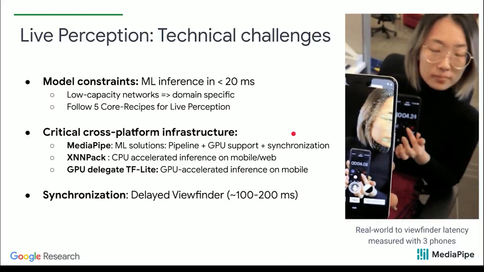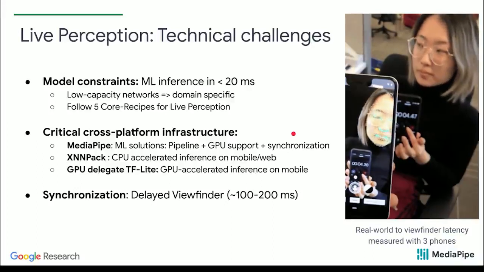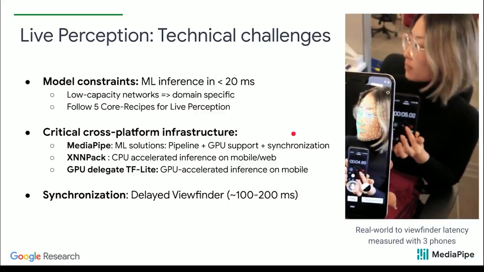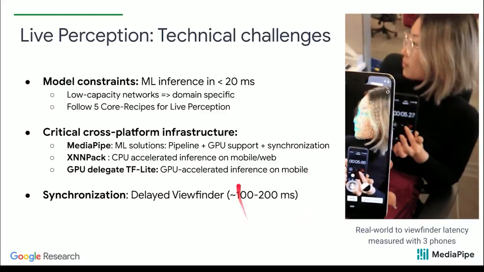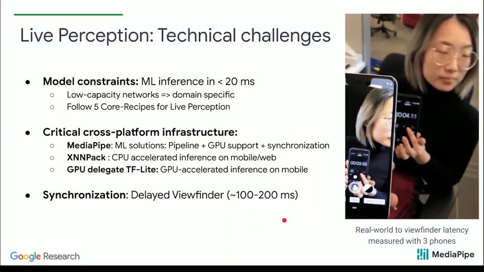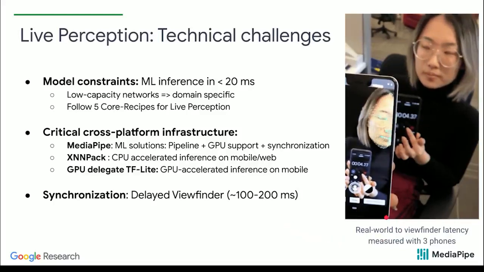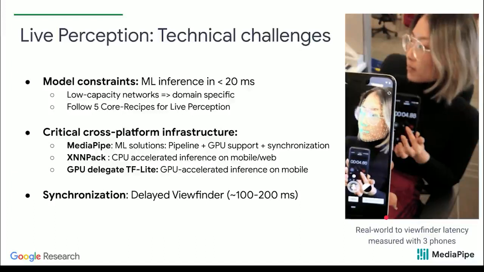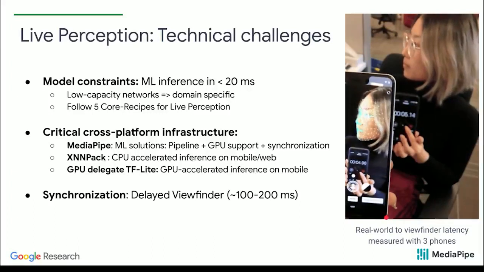package. Speaking about synchronization, there's an inherent latency that stems from the ML inference as well as the camera pipeline, and it adds up to something like 100 to 200 milliseconds, like you can see here on the right. And MediaPipe makes it simple for developers and researchers to deal with